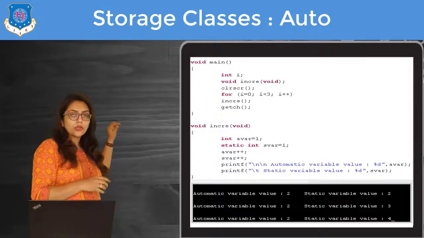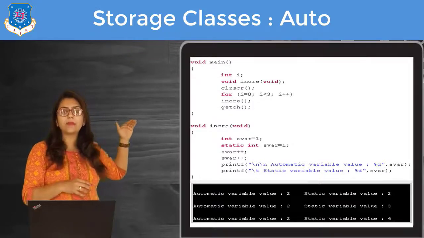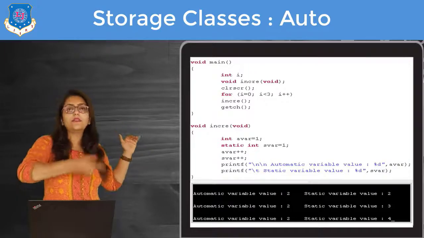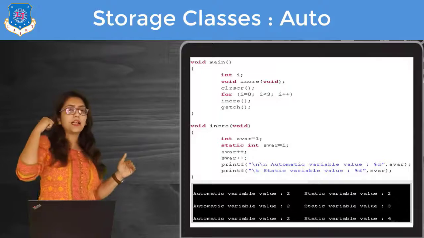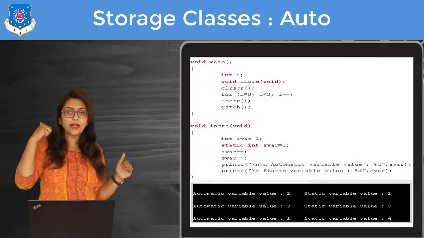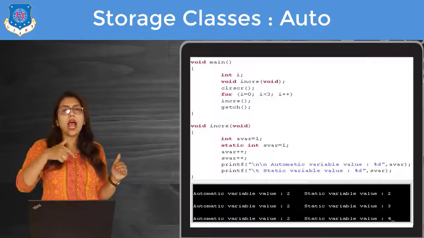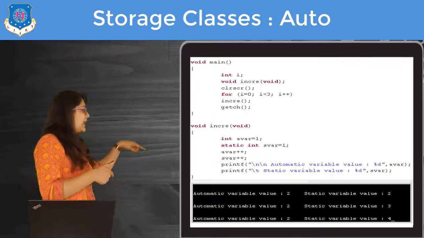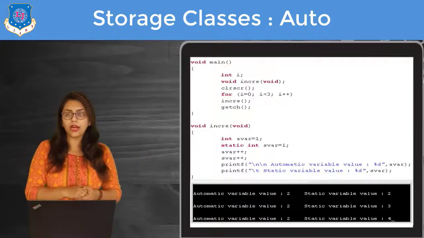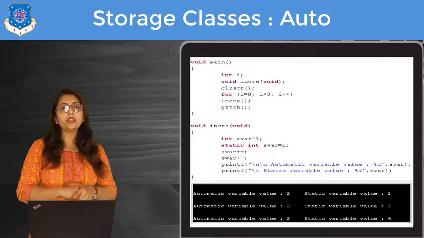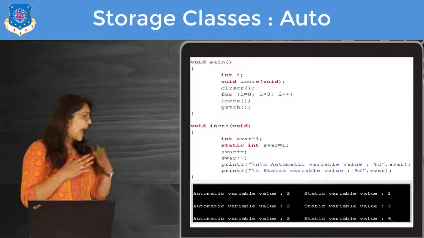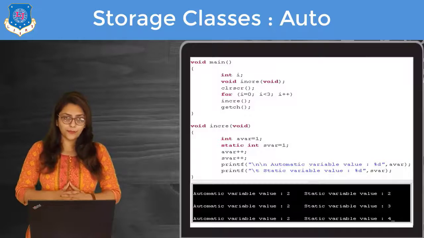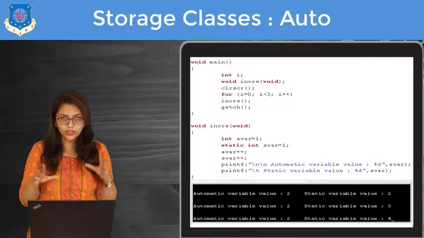So first time it was 2, now the second time it will become 3. When the function is called again, it will remember that the previous value is 2, and since it is a static variable, it has to persist the value and increment the previous value, right? So this is the difference between the automatic storage class and the static storage class, and I am going to perform similar programs to differentiate these storage classes.